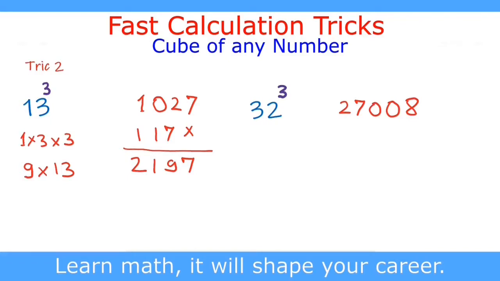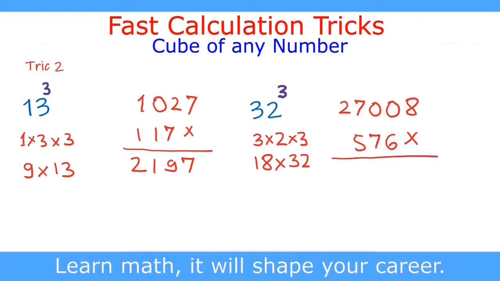Now we multiply both the digits with each other and we will multiply it by 3. So 3 multiplied by 2 multiplied by 3. 3 times 2 is 6, multiplied by 3 is 18, and we write 18 and we multiply 18 by the original number 32. So after leaving the one's place, we start writing the multiplication of 32 and 18. 18 times 2 is 36. We write 6 and carry 3. 18 times 3 is 54, plus 3 is 57. So we write 57 and we add it to 008.